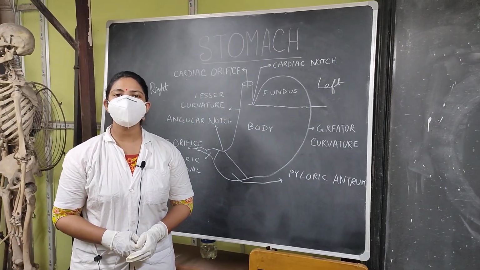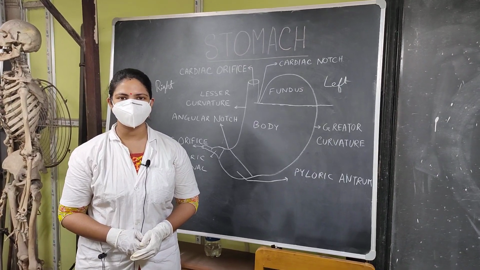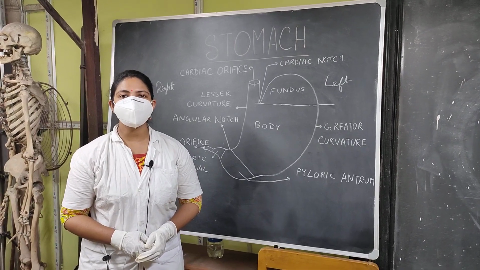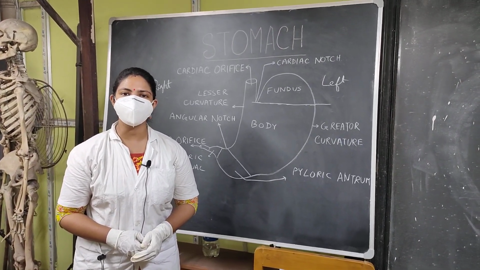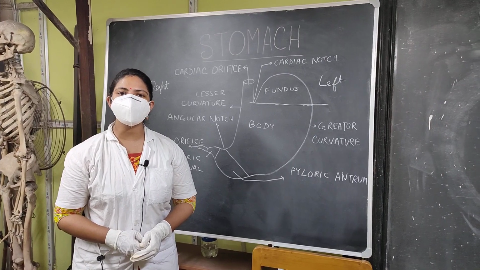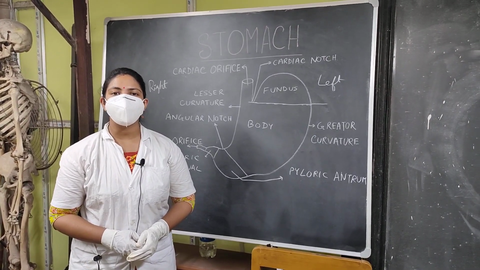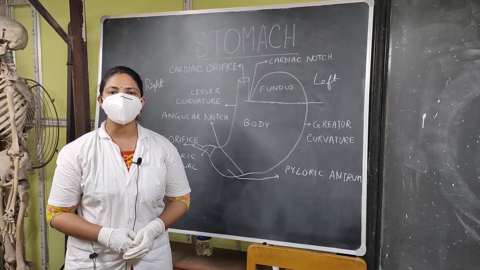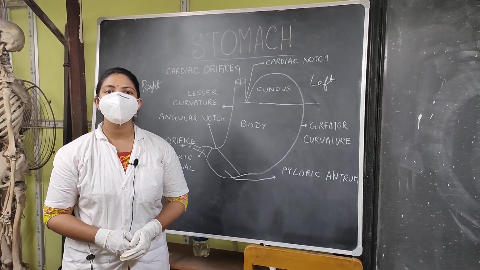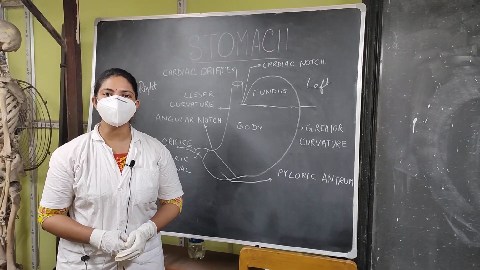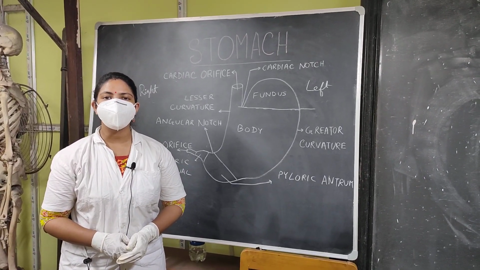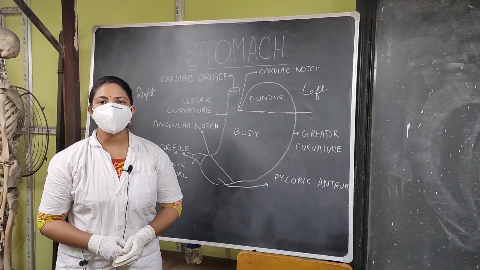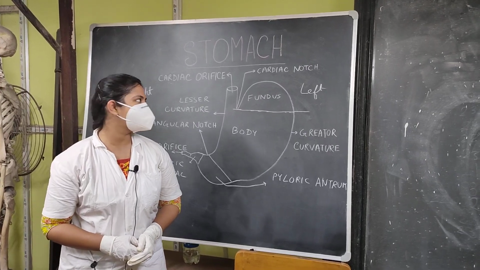Ankita Shah. Today we will discuss the viscera, the stomach. The stomach is the most dilated part of our gut, lying between the esophagus and the duodenum. The stomach is J-shaped in living human beings and it is sickle-shaped in cadavers. The size of the stomach is roughly 25 centimeter. The capacity of the stomach in newborns is 30 to 50 ml and in adults it is 1000 to 1500 ml. The stomach presents the following parts.